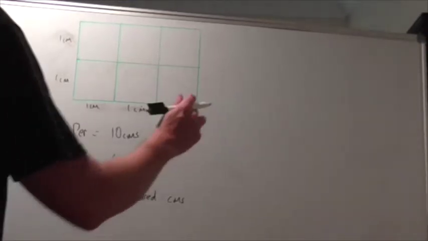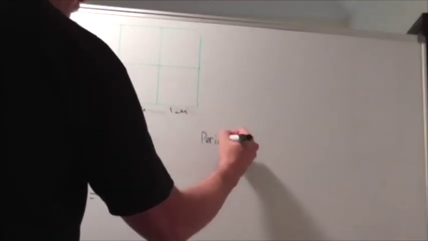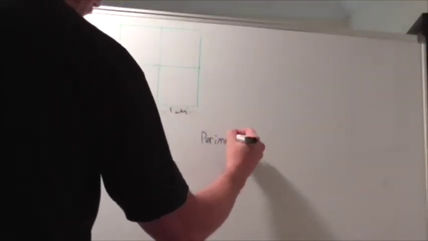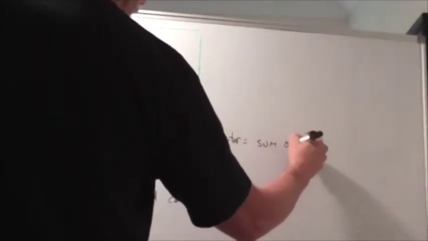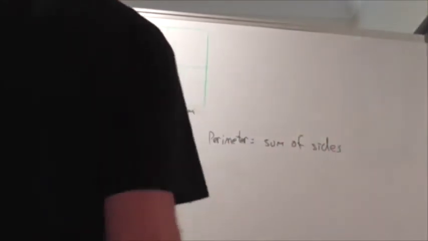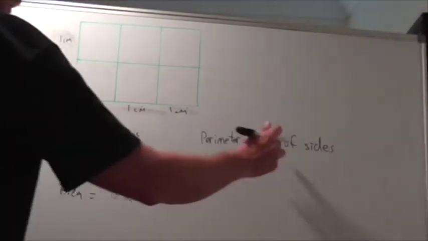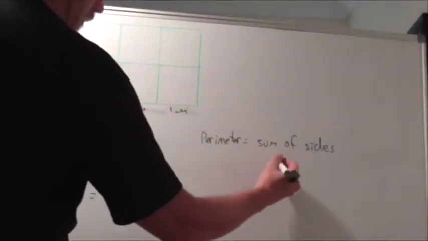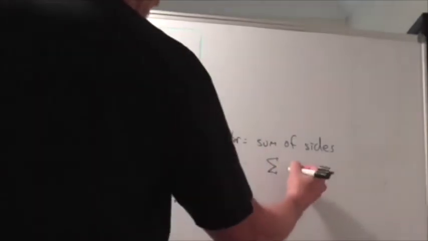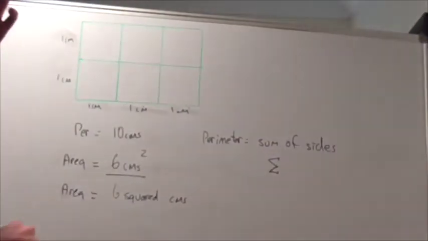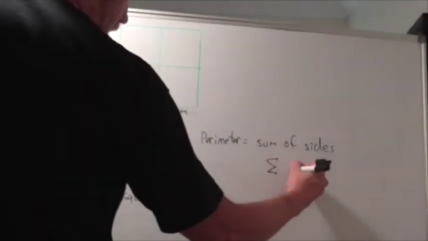Now, the easiest way to talk about perimeter, for the perimeter of all sides equals sum of sides. For all shapes it is the sum of sides. However, it's different when we are talking about circles. We're not going to go into those today. So you just add up all the sides, which is sum of, which is also represented like so. Sum of sides. So that's really the mathematical symbol for sum of. So that's the sum of sides,